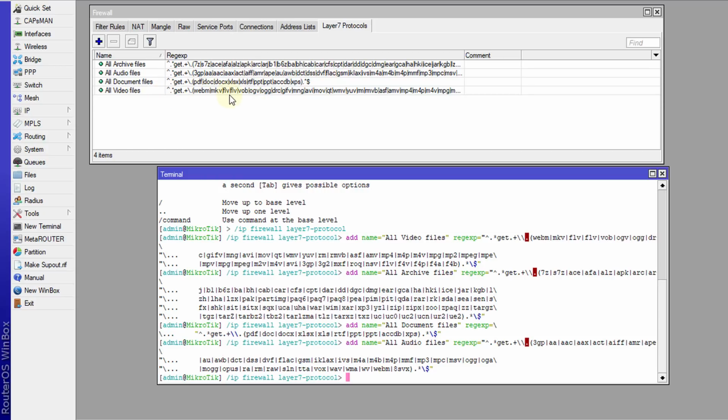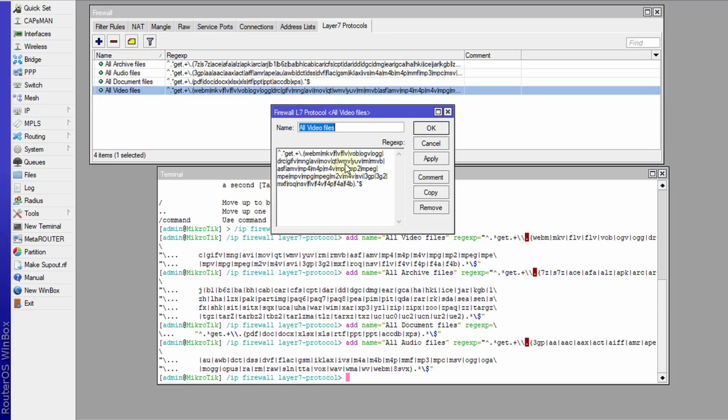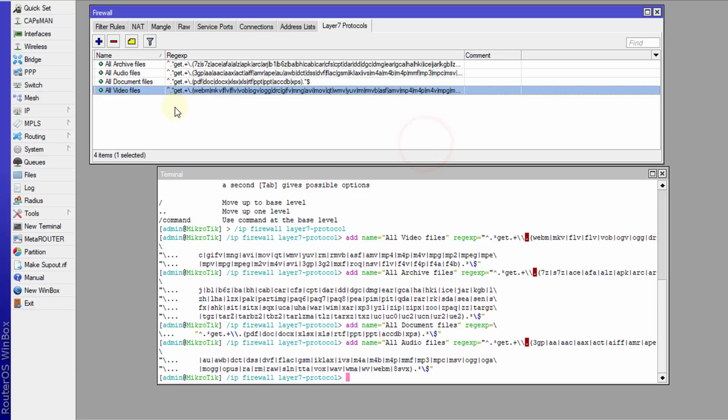We have all the different types of video format. So what I did was I went and researched the different extensions for all these file types and compiled them. So you don't need to worry about it. It will find the most common file types for each type of file, like video, documents,